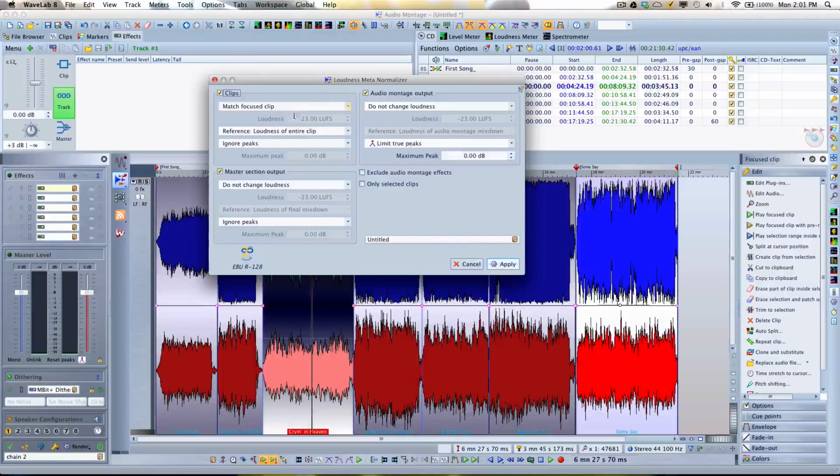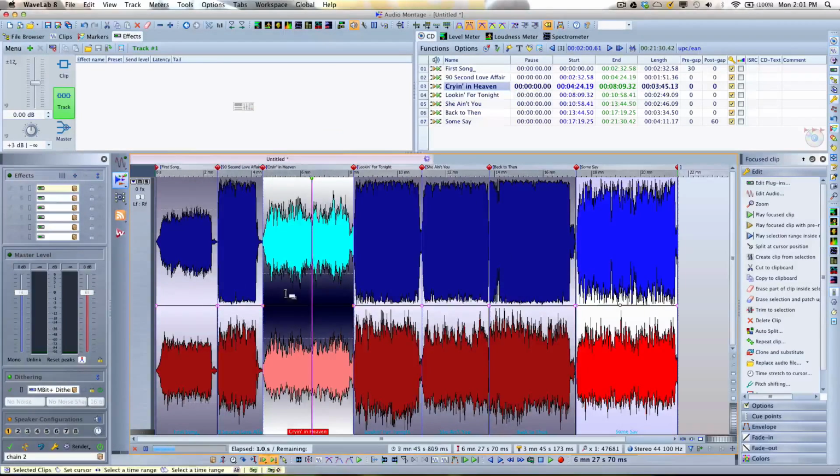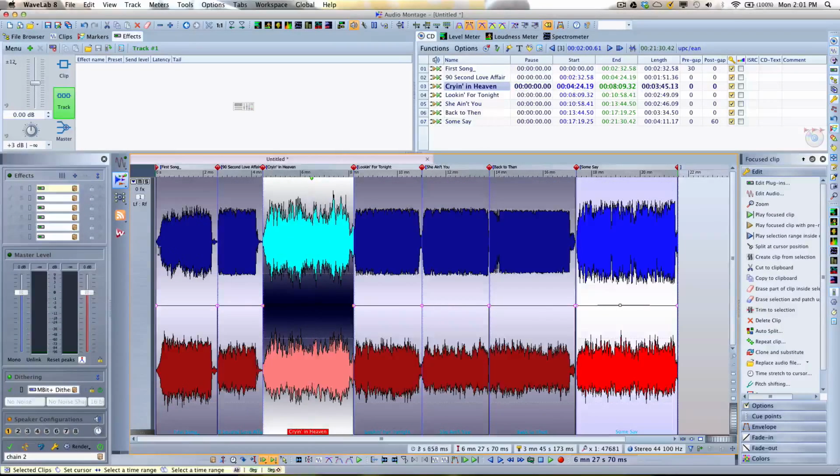And what I could do is I could actually set a particular loudness, or I'm going to set it to match the focused clip. And what this will do is do an analysis of the loudness of each of the tracks, and it's going to make it match the loudness of this particular track, so that when I go from track to track,